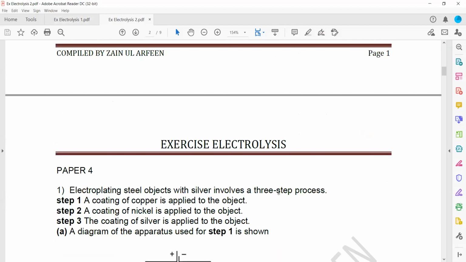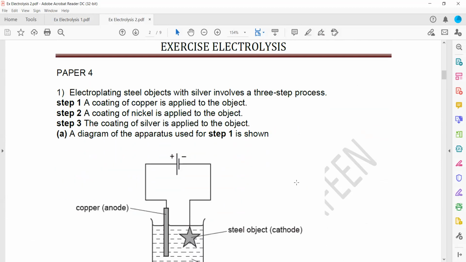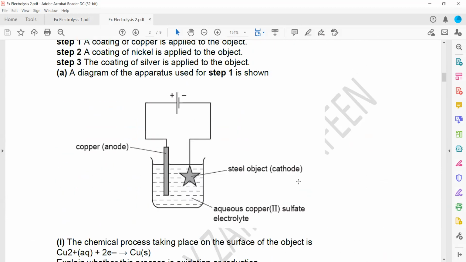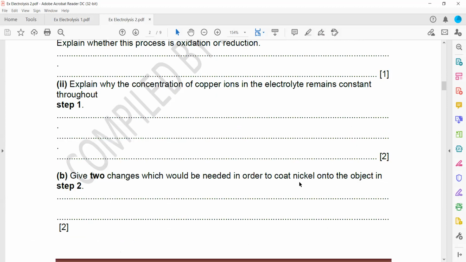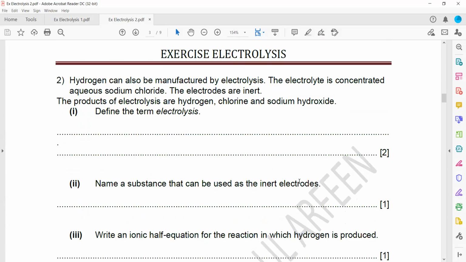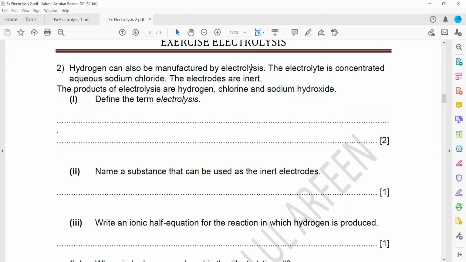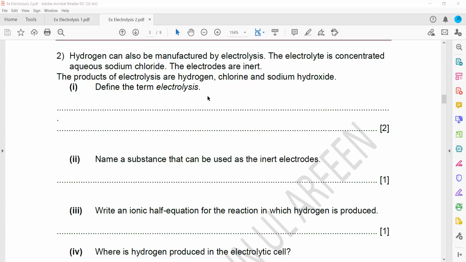Now the structure questions related to this part. In question 2, hydrogen can also be manufactured by electrolysis. The electrolyte is concentrated aqueous sodium chloride. So if we have concentrated aqueous sodium chloride,